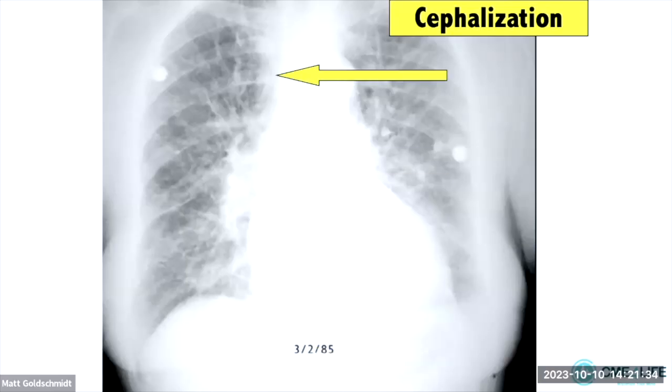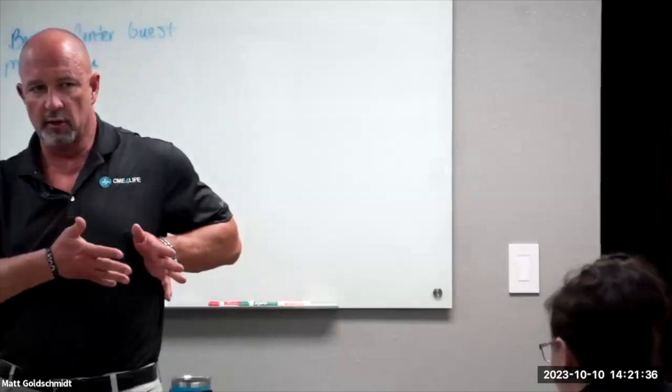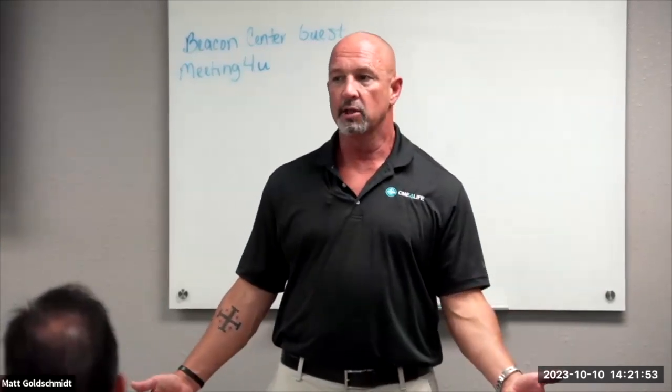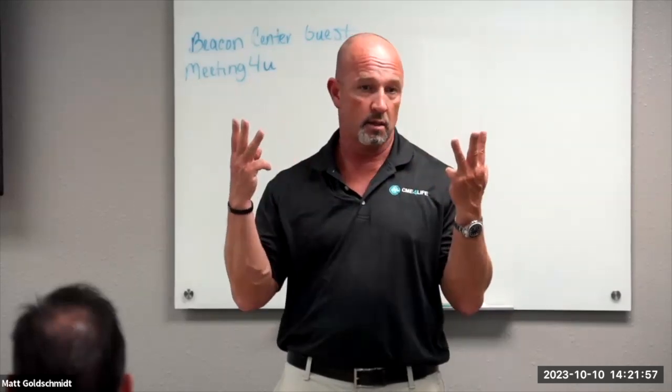Now, time out. Just so you guys know, on a normal chest x-ray, the heart's at a 45-degree vector. The hilum is engorged. The blood vessels going south are more pronounced than the blood vessels going north. That's just because of gravity. Now, when the blood vessels going north are as engorged as the blood vessels going down, that's concerning for what we call cephalization, where the fluid is streaking towards the head.